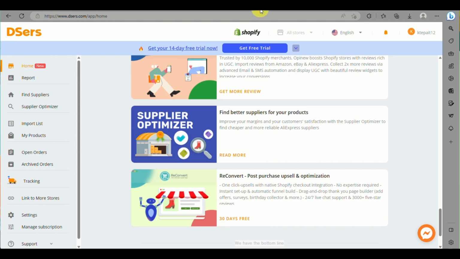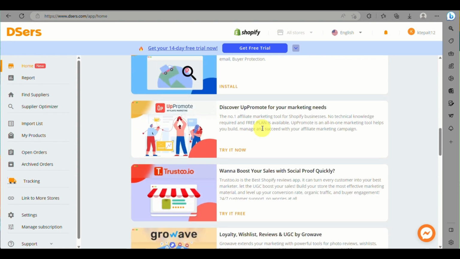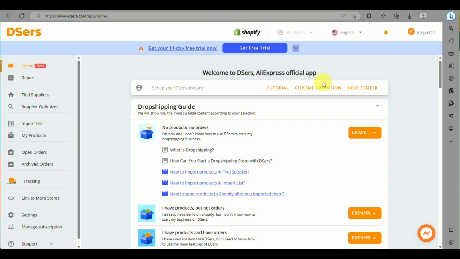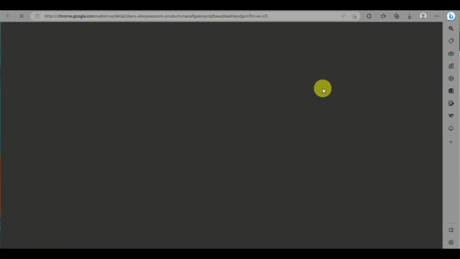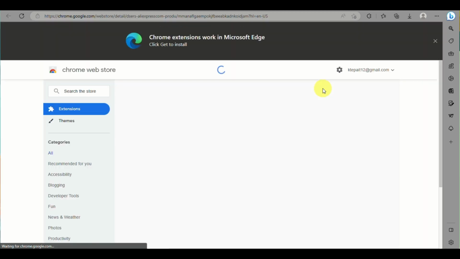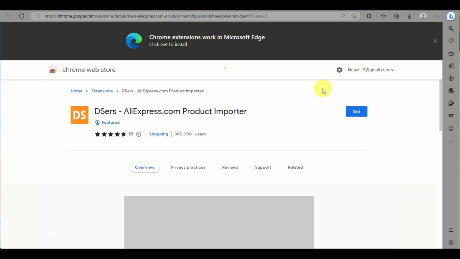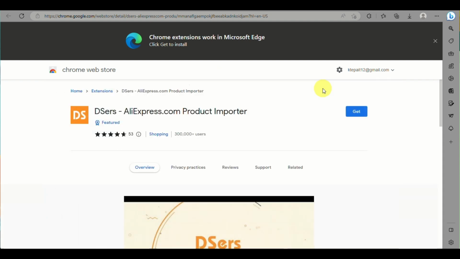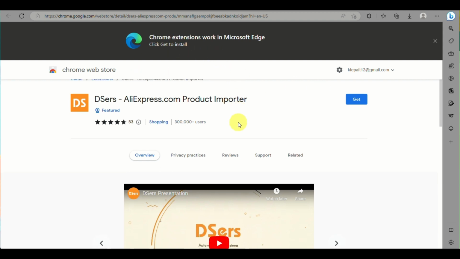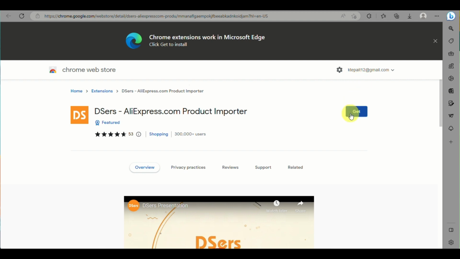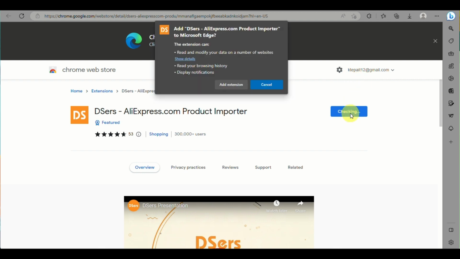This actually will guide you on creating or processing your own account. So here, what you will need to do is to click on add an extension, where you will be adding the Deezer's extension into your browser. Once you're routed into this page, you just need to click on get and then click on add extension